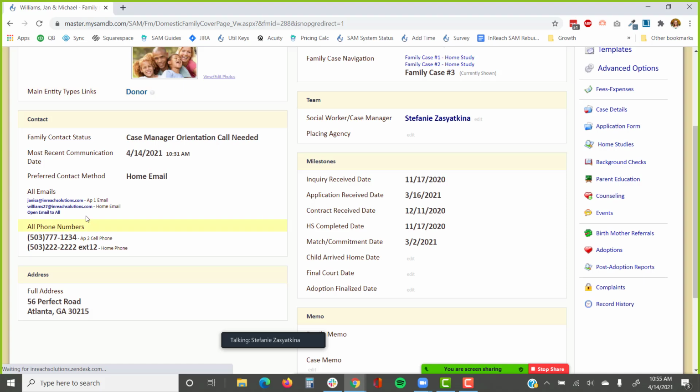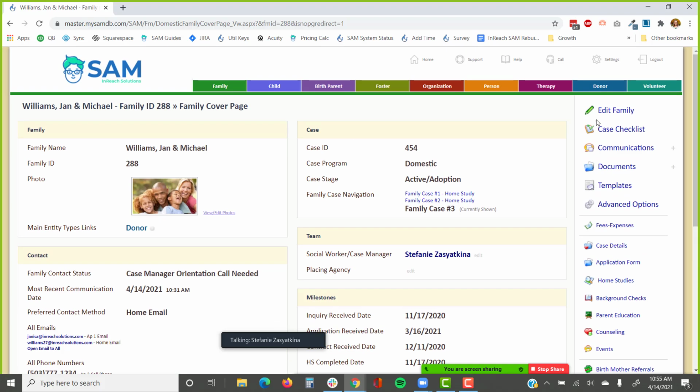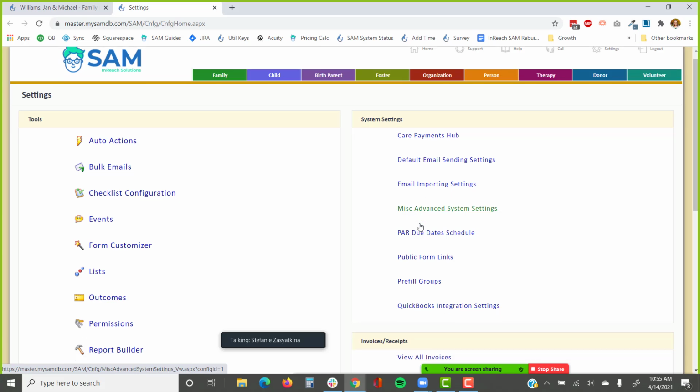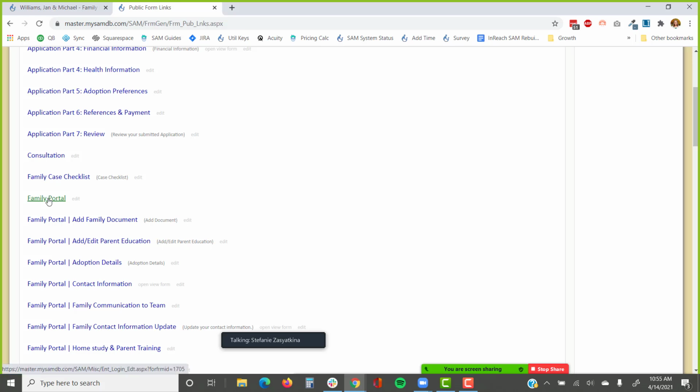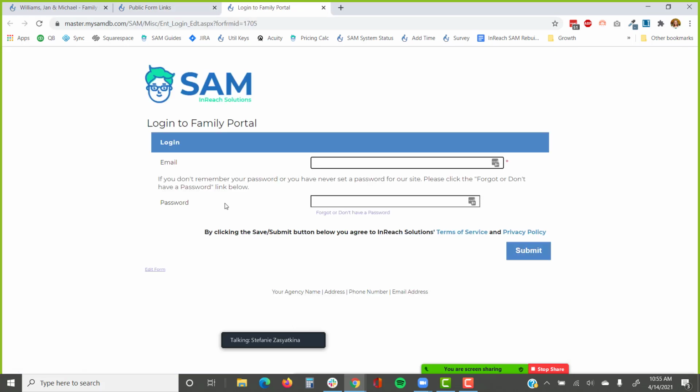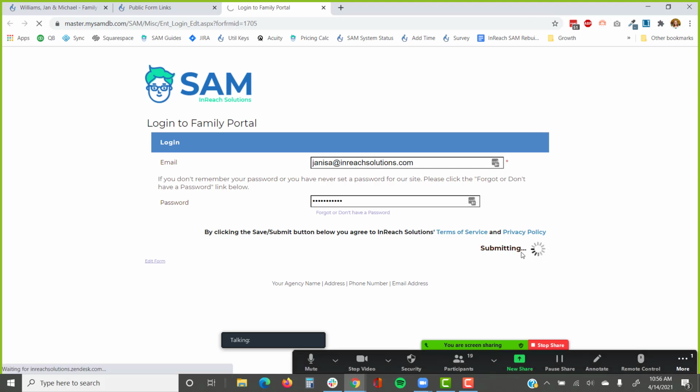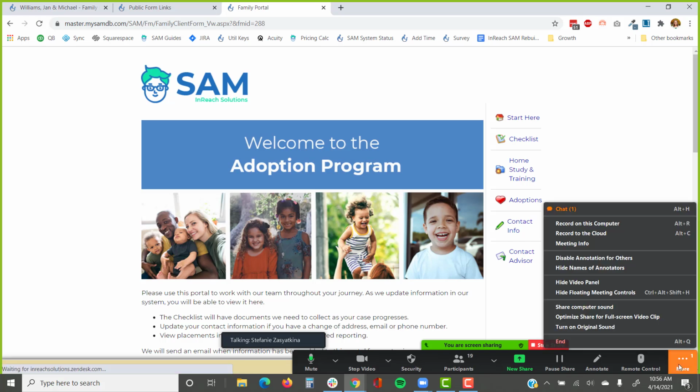The family portal, just so you're aware of what's happening and what's available there. So how to get there is under the public forum links, which are available to full admins. This might be a link that is given to a family in a template, like in an email, or it might be available on your website somewhere where a family can log in. And they can see